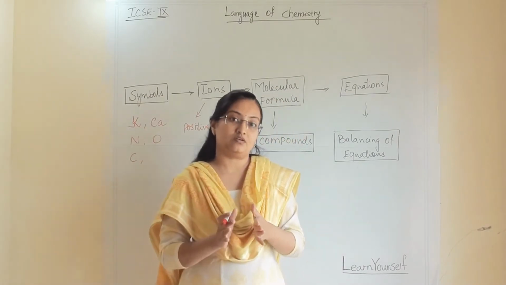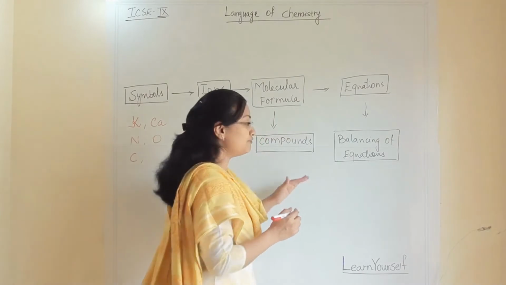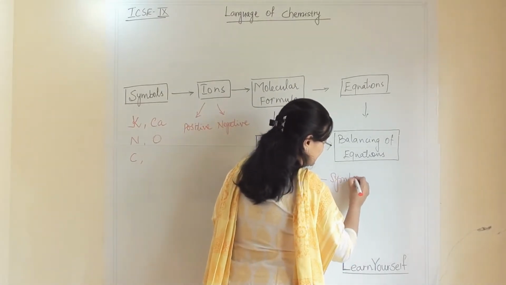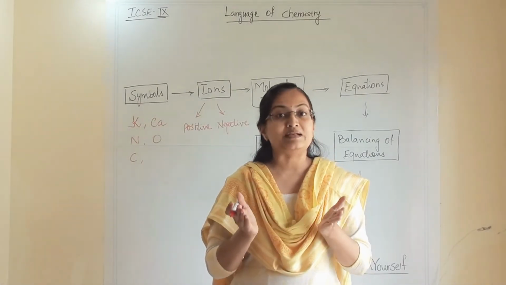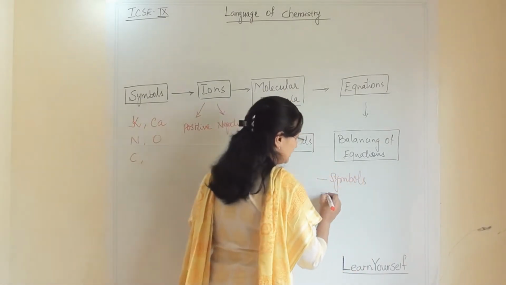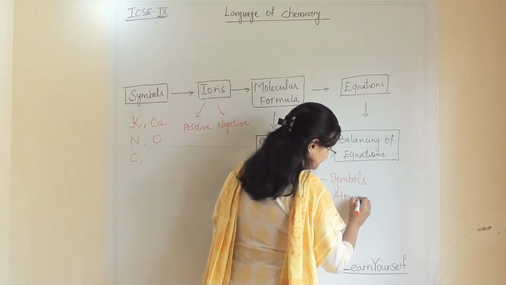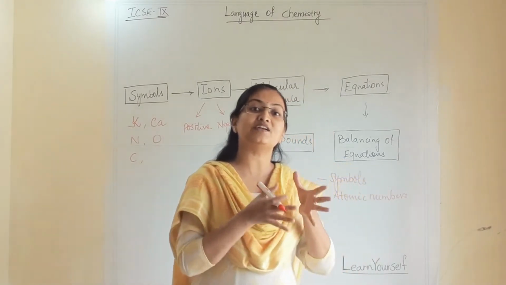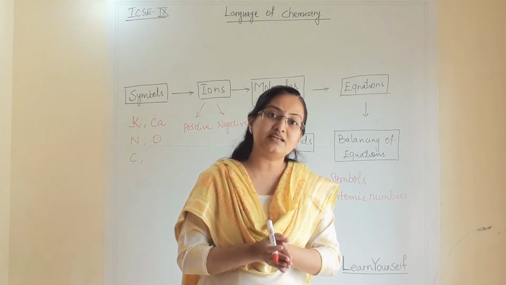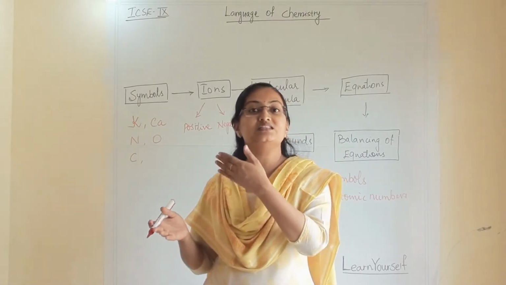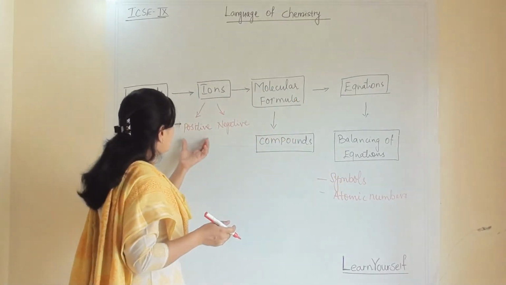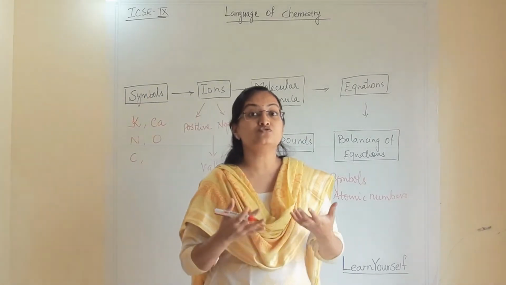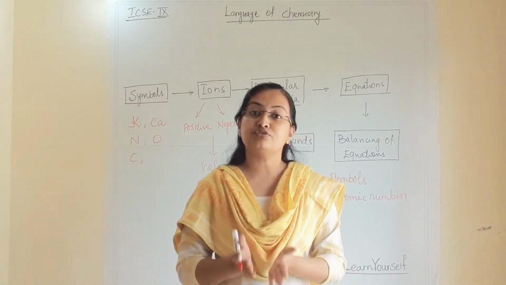So to study this chapter, to remember and understand this chapter, the following points you need to learn by heart. First, the symbols of almost all elements in the periodic table, whatever we are using the most. Then, according to the elements, the atomic number of those particular elements. It is very important because from the atomic number we write the electronic configuration, and from the electronic configuration we decide whether this element is positive or negative. And from there their valency. Their valency is 1, 2, or sometimes they show 2 or 3 different valencies,